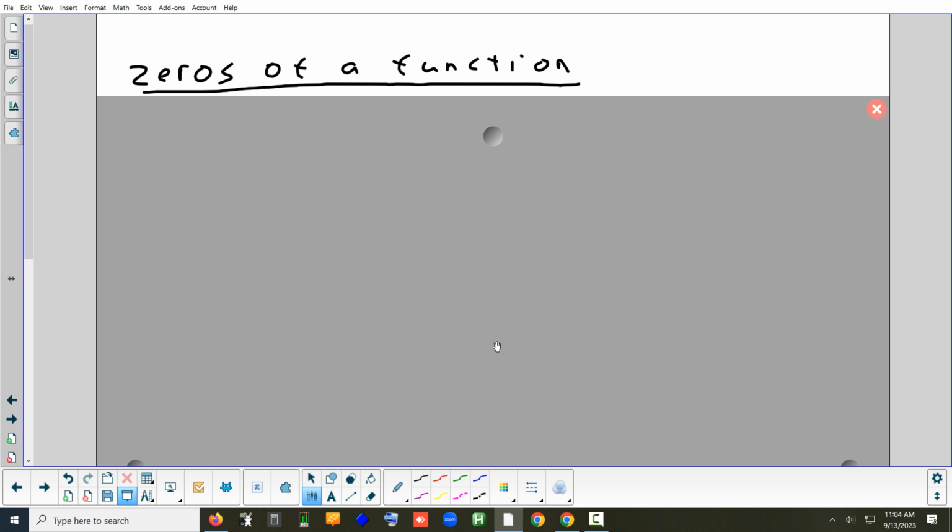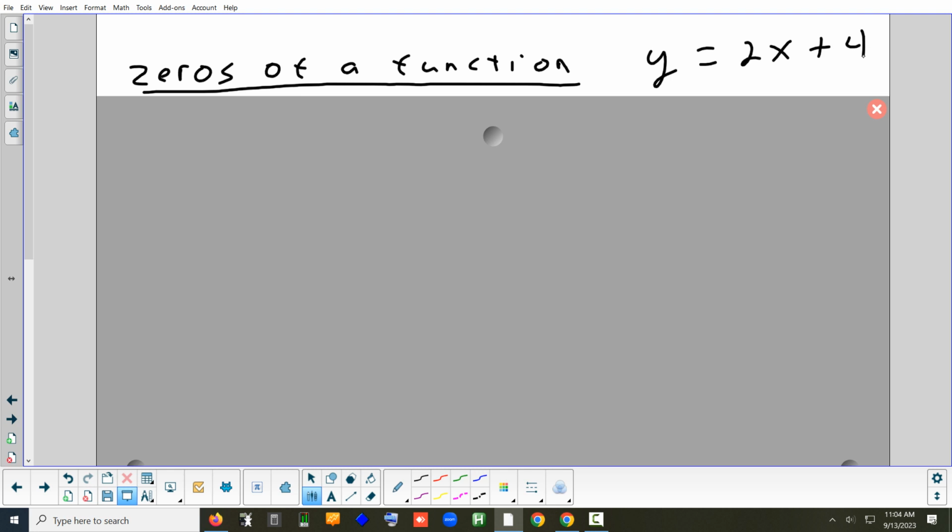All right, so we left off yesterday. We had one slide left in section 1.5, which was on zeros of a function. A zero of a function is a number you can plug into a function, and the answer is 0. So let's say I had